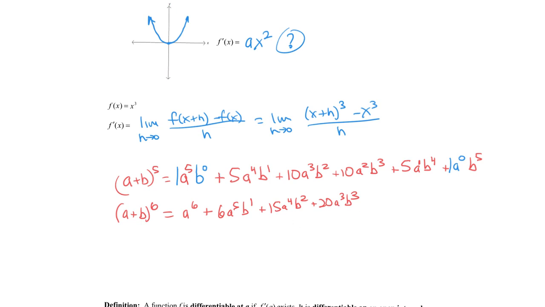is 15. You can see the symmetry happening again with the coefficients. A squared, b to the 4th. 2 times 15 is 30, divided by 1, 2, 3, 4, 5, which gives us 6, a times b to the 5th. And then finally we have 1 times 6, which is 6, divided by 1, 2, 3, 4, 5, 6, which gives us 1. A to the 0, so it goes away, and then b to the 6. Okay, so that's just a little easy way to do a binomial expansion, but